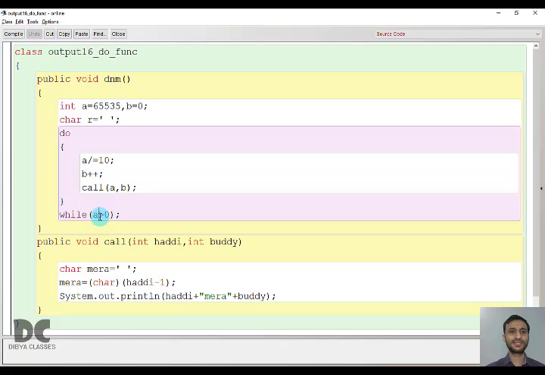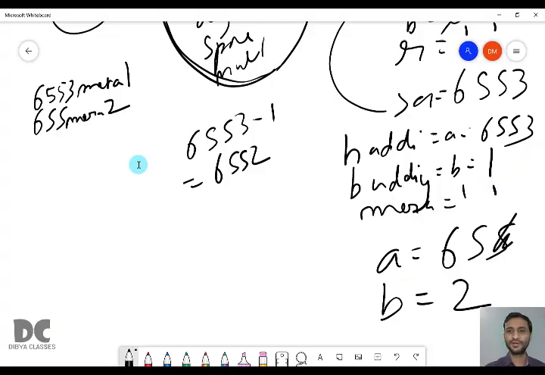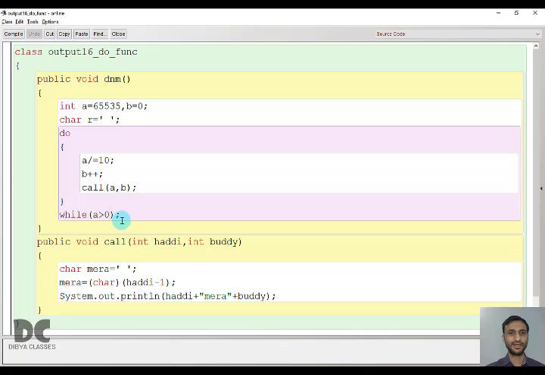Next time it will check 655 greater than 0. Yes, by 10. New value is 65 and the value of B is 3. It will call the function and send the values 65 and 3. Huddy 65, Buddy 3.